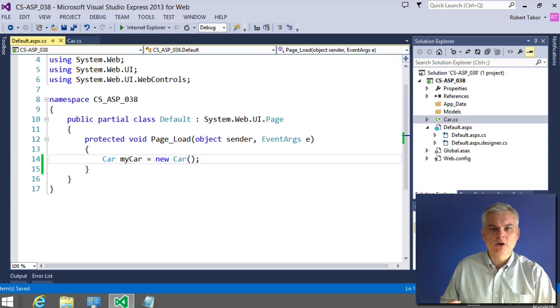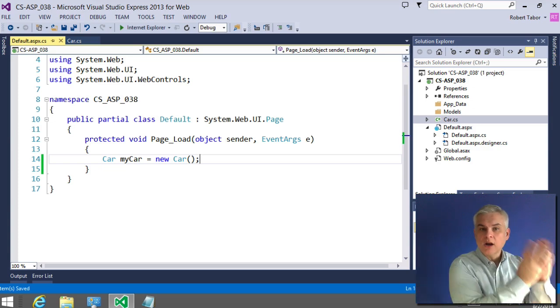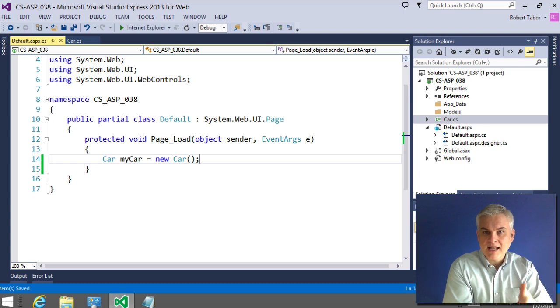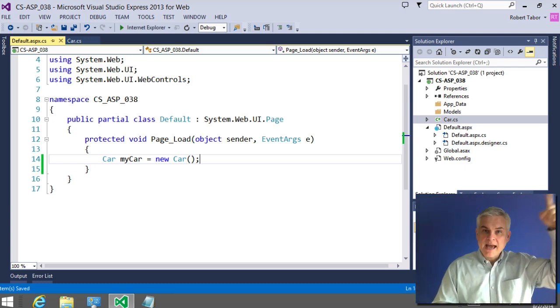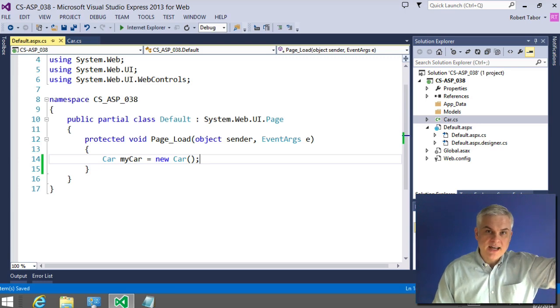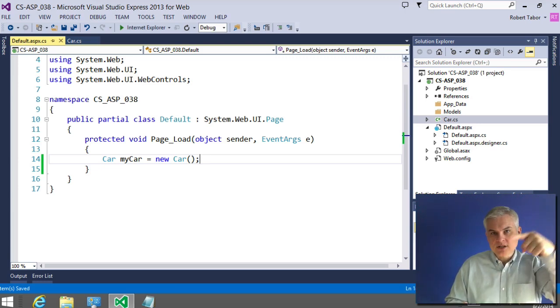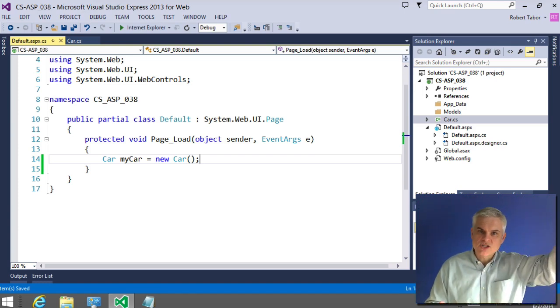So the .NET Framework creates a place in memory large enough for the particular data type, in this case, a class instance of car. It takes note of the address where it put that new instance of car, and then it serves that address back to you, the programmer, so that you can get back to that information in memory